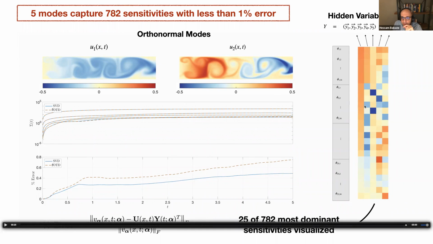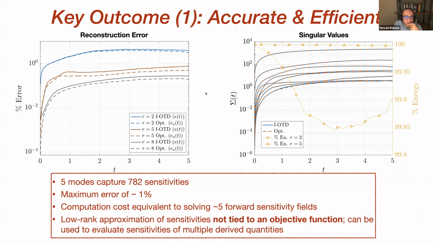And this Y matrix shows you the coefficient. So this shows the error percentage for different reduction orders. As you can see, with order 2, we are on the order of 5%, 6% error. And the optimal one is obtained by instantaneous SVD. That's the best we can do. That's sort of the lower limit of the error. And we are following that, which means we are following the optimal reduction here.